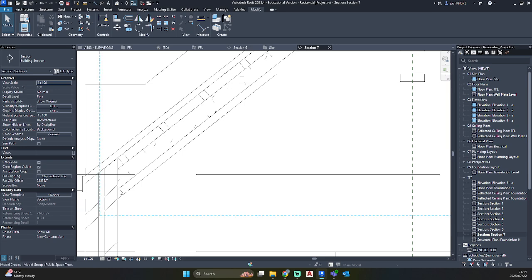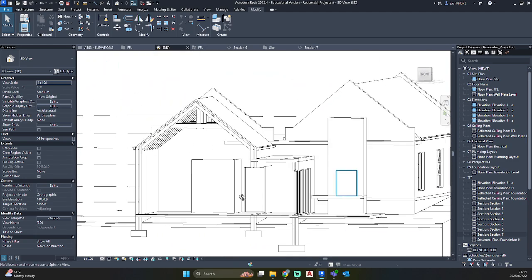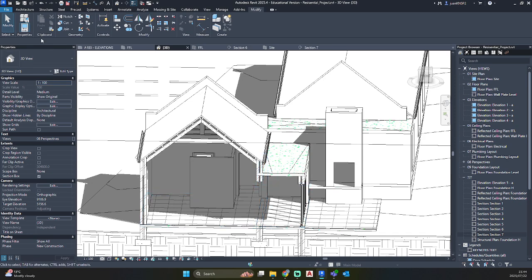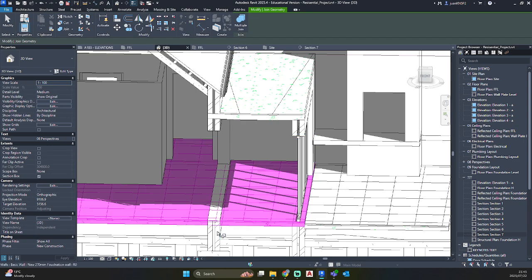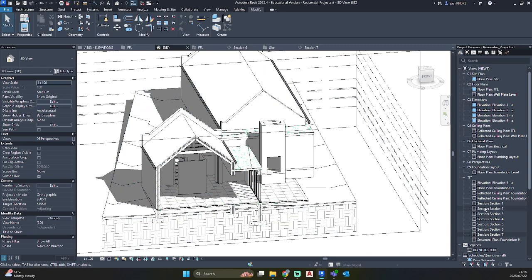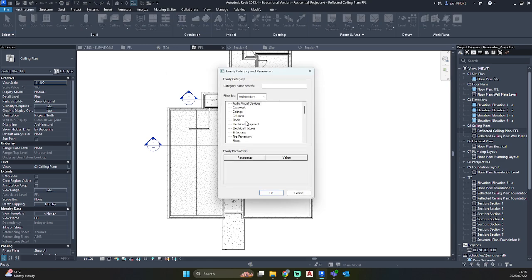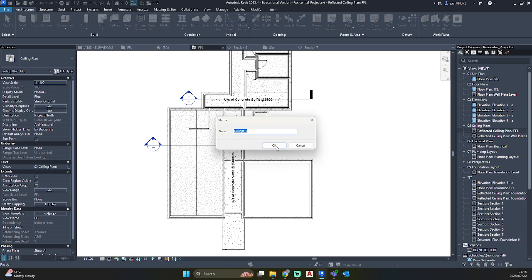So let's put a cornice on this ceiling as well to clean up these areas between our trusses. We need to join these, clean up that look, that connection. So I'm going to go to my ceiling plan. I'm going to go Architecture, Component, Model In Place, Ceilings, okay, and call this public area cornice.